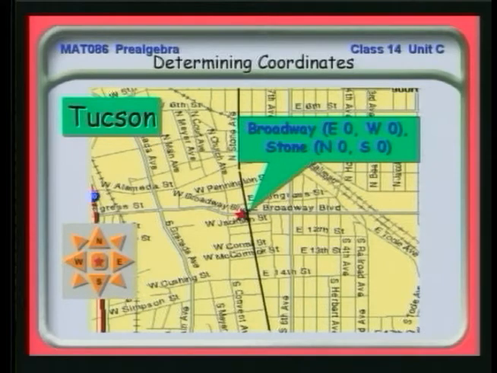Similarly, Broadway divides north and south. If you're north of Broadway, you can go north of Broadway or south of Broadway. So Stone and Broadway is the 0 point. It's, at least according to the streets, the dead center of Tucson. And I suppose at some time in the past that used to be true, but of course Tucson has grown now.